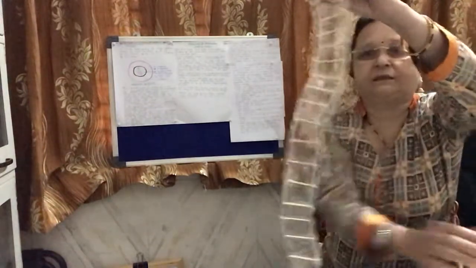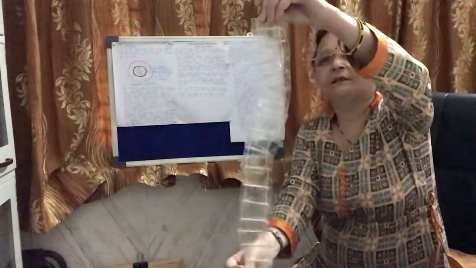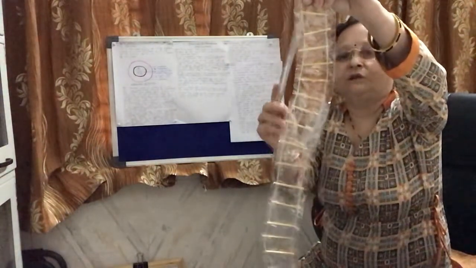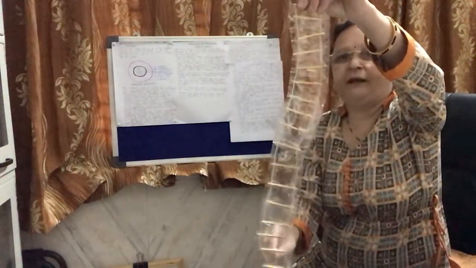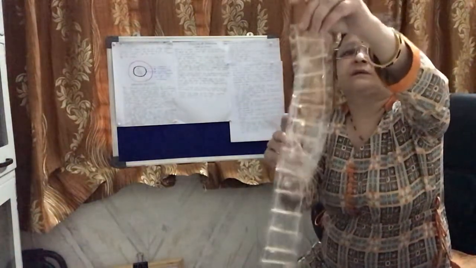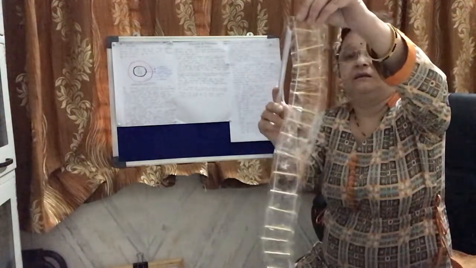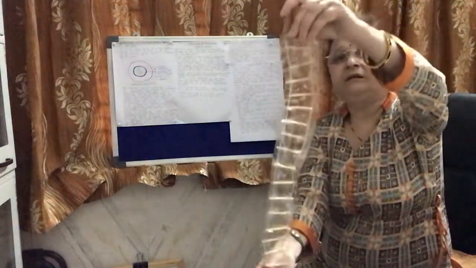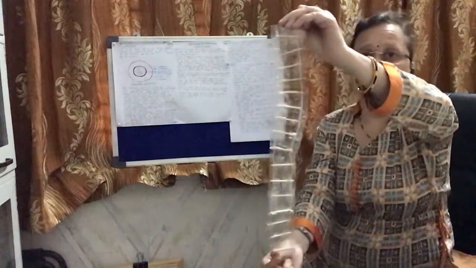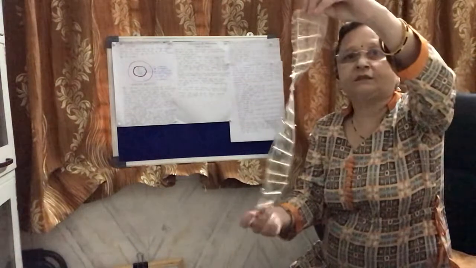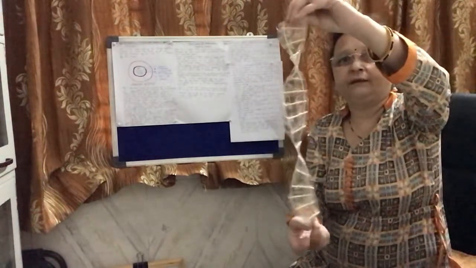See here students, just like this ladder. It is a step ladder. You see, here are the two long thread-like structures, and these are the steps. So these two are the strands of DNA, and these steps are made up of nitrogenous bases. So here it looks like a step ladder. And if this is twisted, just as we have seen, you can do it in this model also.